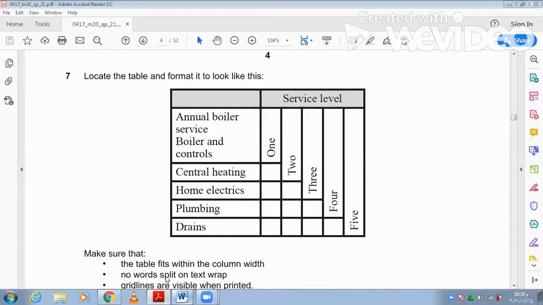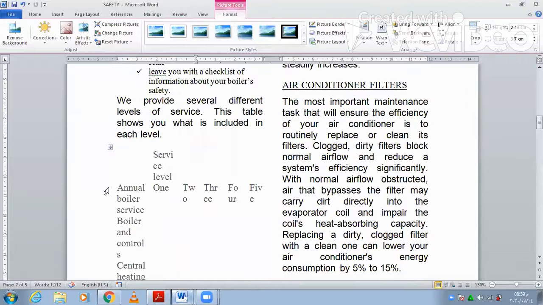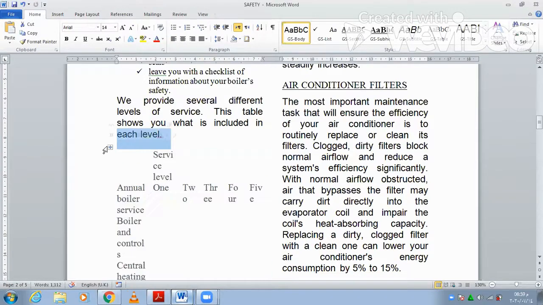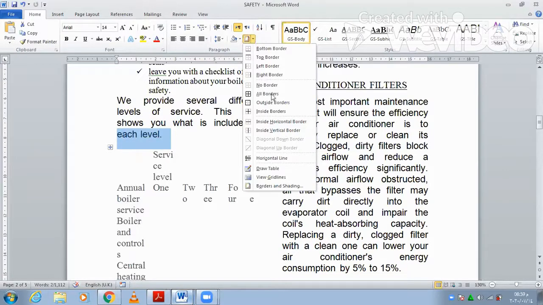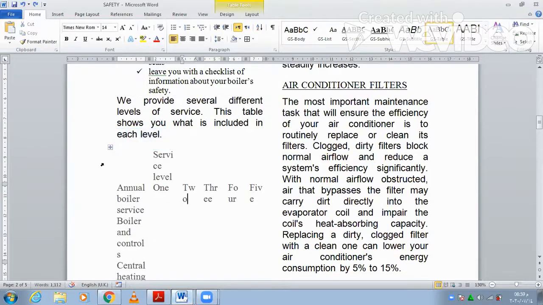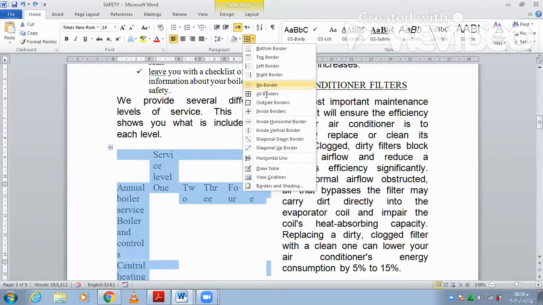So we need to look for a table which is here. Just select the table and then select from Home the borders around the table. Just click here. Now we have an option, you can just click here, all borders, which we want. Sorry, we need to select our table. Yeah, this is our table. Now we need the border around all,